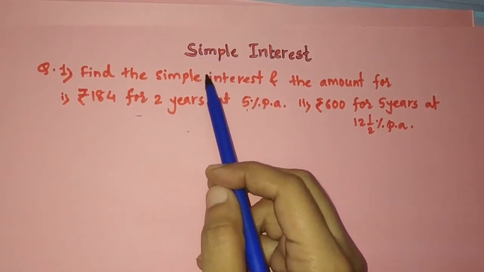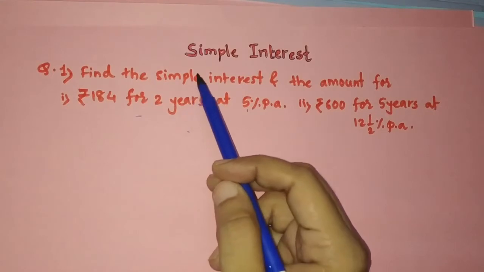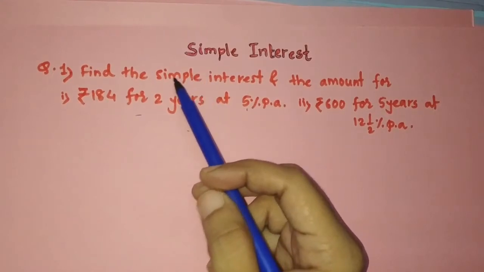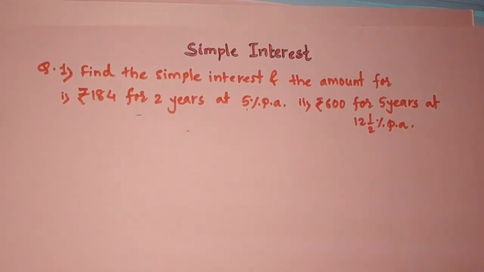So friends, in our last video we have seen introduction to simple interest. Whenever a person borrows money, he borrows that money for a particular period of time at some rate of interest, and after the duration is over he needs to pay back the amount, which includes the borrowed money, which you call principal, plus some extra money you have to give, that is what you call simple interest.